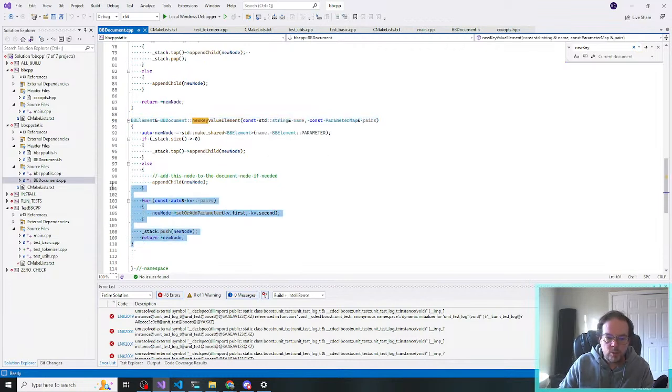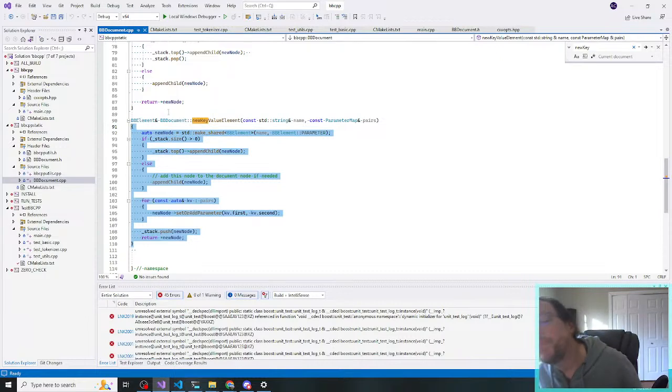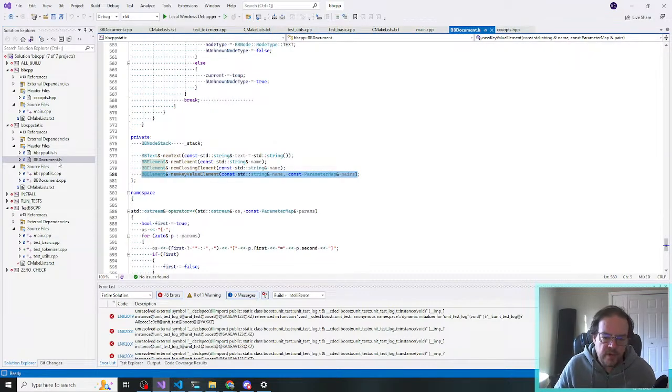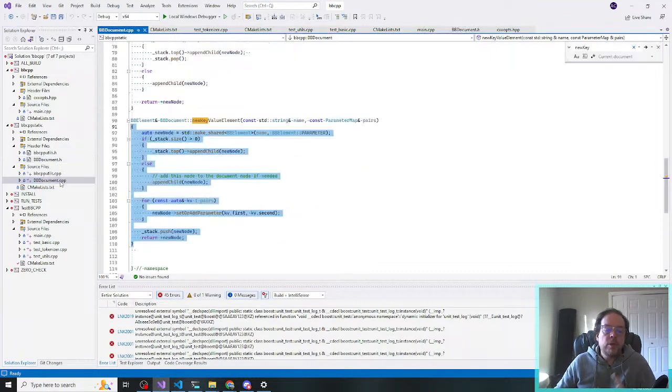But here is the actual code for that function and what it does. Now, when you compile your library, what you can do is publish the header file. The header file is kind of the recipe for how to use my library. But then when you compile your library, you take the C++ files and they get compiled into